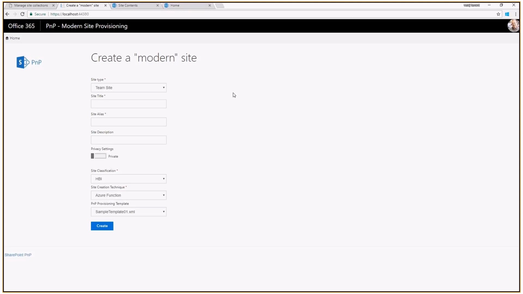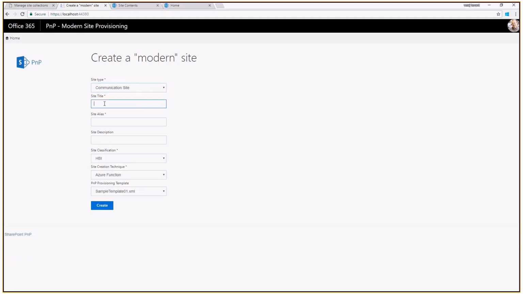So it's not necessarily in the context of Office 365 as a provider hosted add-in, but obviously you can link that through within your tenant. And then I can select, for example, that I want to provision a communication site. Let's call this SIG demo 13th North, and site description doesn't really matter.